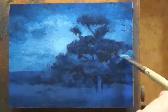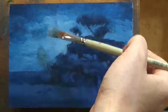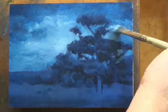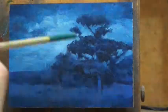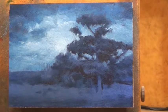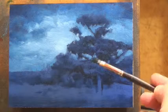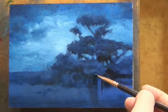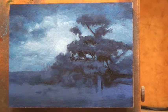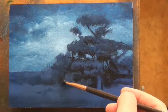This is a nocturne. That might have been even a better name than night scene. Sorry, guys, but night scene it is, and we'll call the next one nocturne. And again, it's not really so much about the title, it's about the quality of the painting. And this is actually based on a scene that was not a night scene. It was a daylight scene, but it was at a time of day that was, I think, a bit overcast, so it's not a lot of strong direct light,